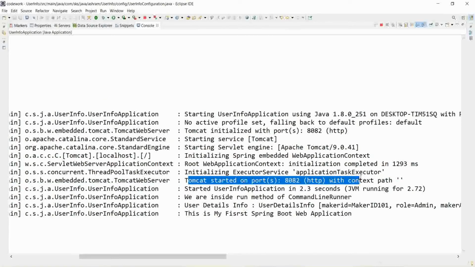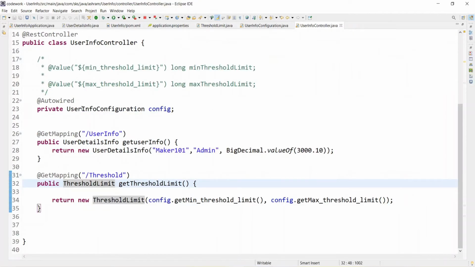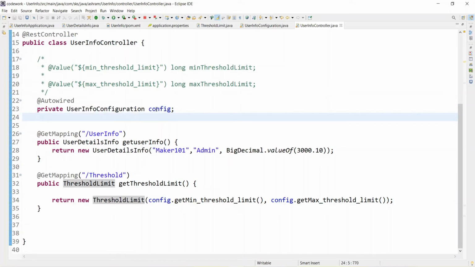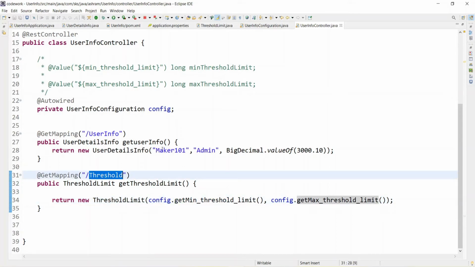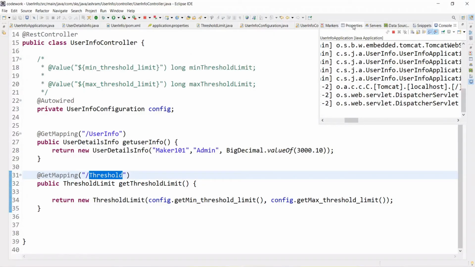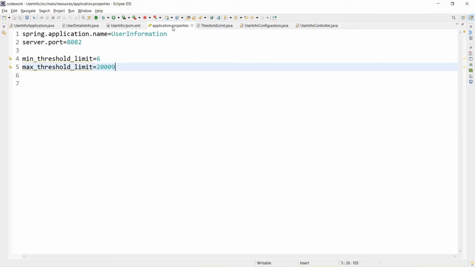Yeah, now you see Tomcat is started on port 8080 with context path. So now it has asked for the dependency and it got the dependency. Okay, so no issue on the dependency. The values got mapped, minimum and maximum limit, and we are getting the minimum and the maximum limit. Right, now let's go to the browser and hit this endpoint. Now this was the earlier, refresh, 62009. This is what we had put here in the application.properties file, 62009. So now it's working fine, right? If you see, it's working fine over here, correct?